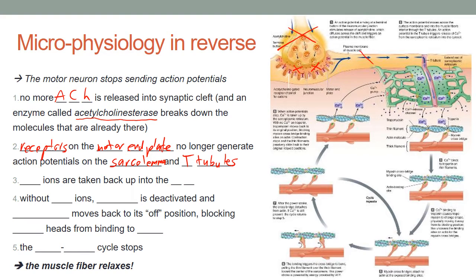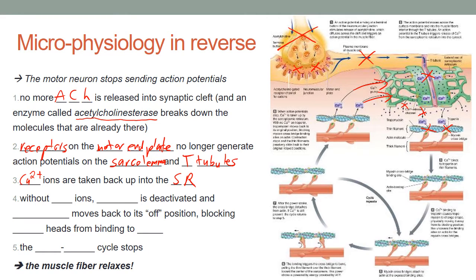So no more of those action potentials there and there. If we don't have action potentials running down the T tubule opening the gates to let calcium out, then there's no more release of calcium. Instead, calcium is taken back up. So the calcium ions are taken back up into the sarcoplasmic reticulum, and with no calcium there,